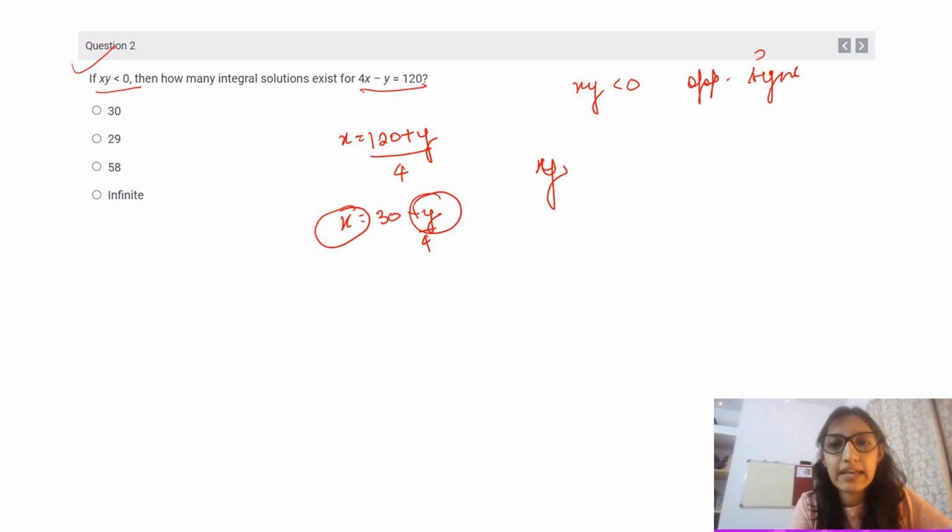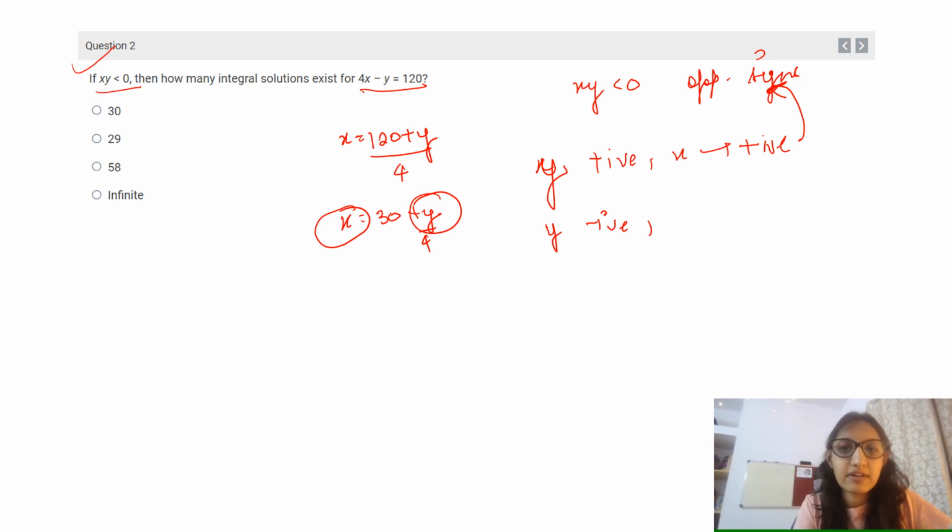If we take y as positive, then x will be definitely positive, since 30 plus adding something positive. So this is not possible since it's not satisfying this condition. If we take y as negative, then x will be positive until a point where y by 4 is